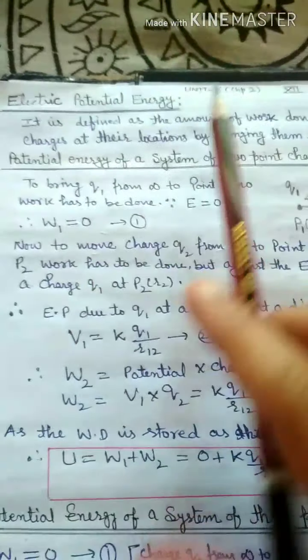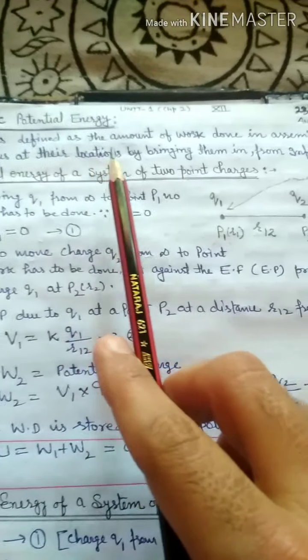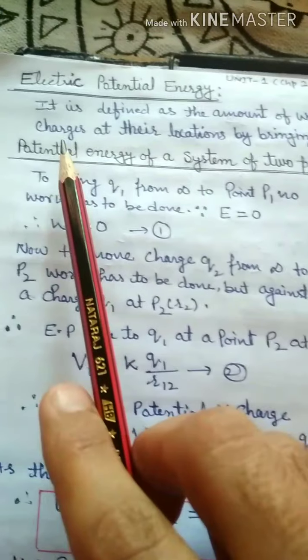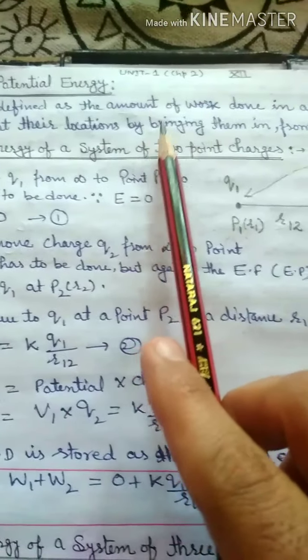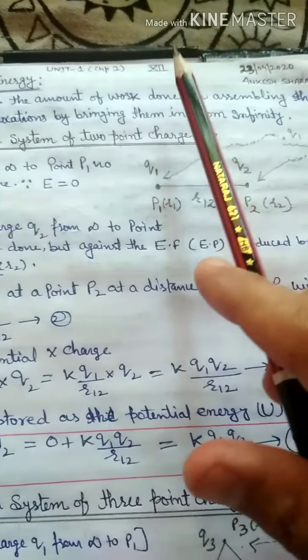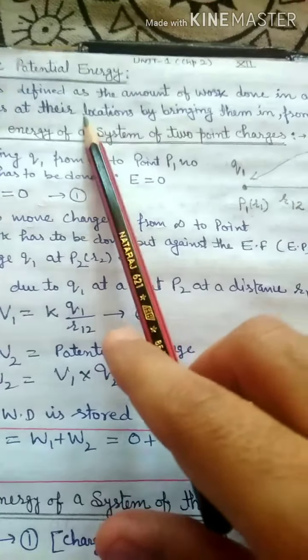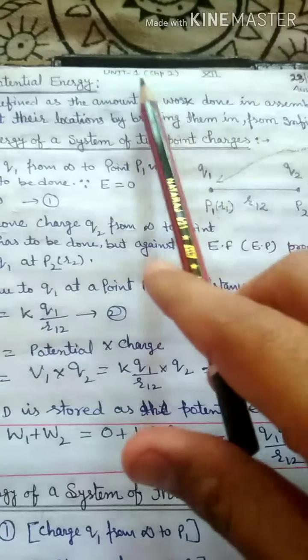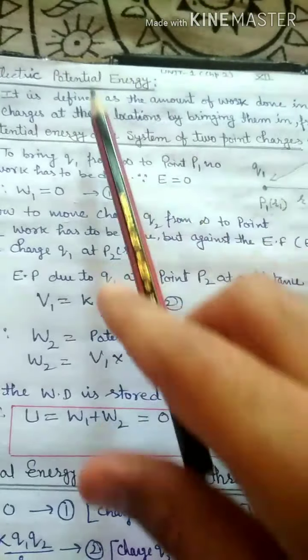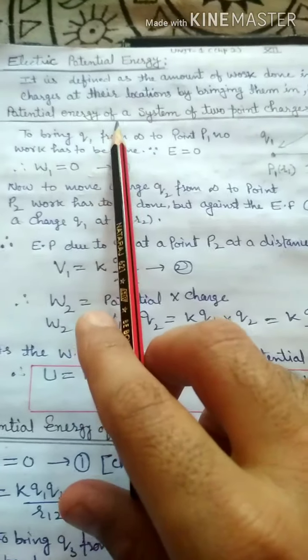This is the electric potential energy. Now what is electric potential energy? It is defined as the amount of work done in assembling the charges at their locations by bringing them in from infinity to a given point. The amount of work that has to be done is called electric potential energy. Actually, this is equal to the work done. Now with the help of one article, that is the potential energy of a system of 2-point charges,